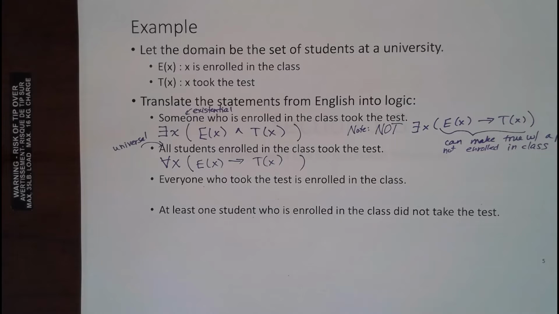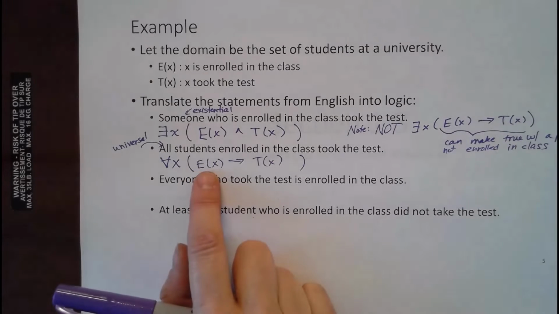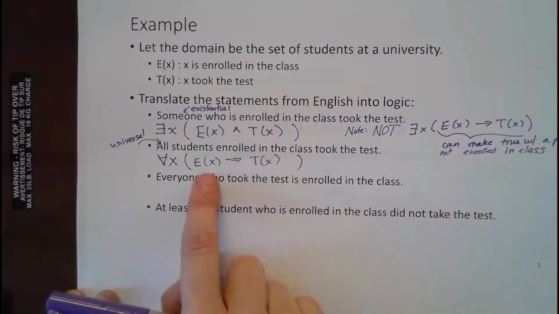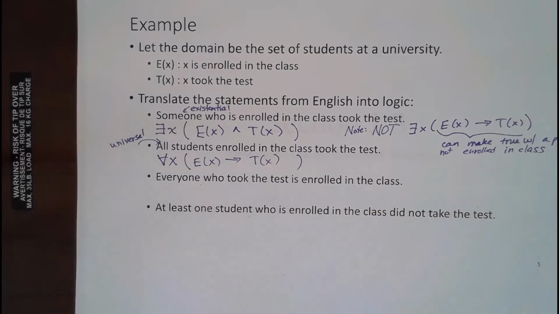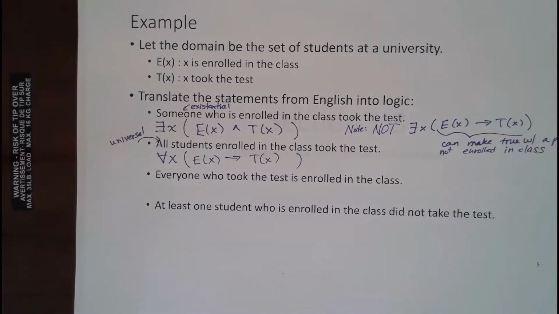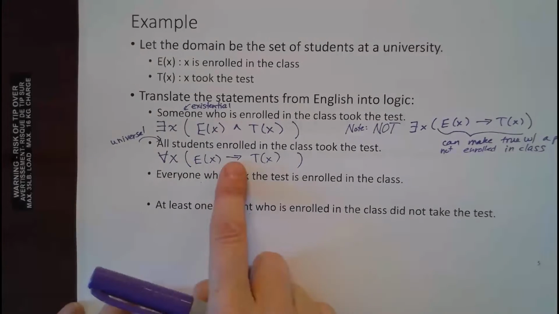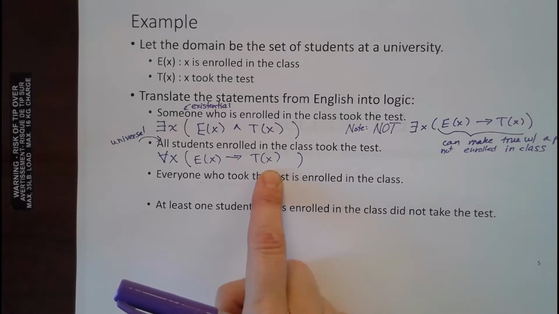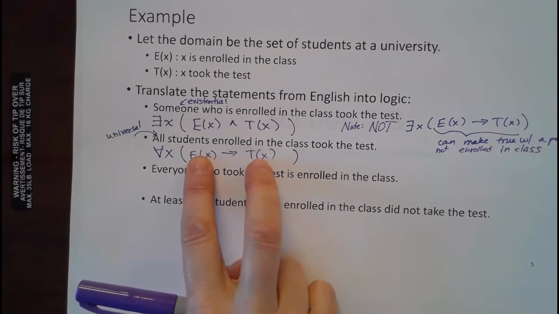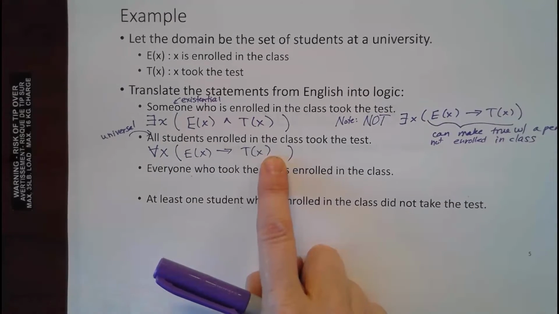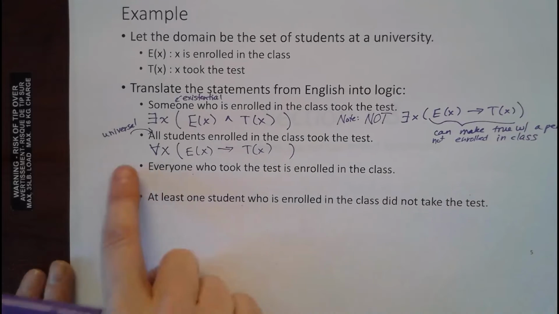Okay, so it's true for everyone in the class if they took the test at least. Okay, so if all the students took the test, this will be true, this will be true, all of them have true implies true for the people that are in the class, but then it also has to be true for everyone in the domain. It has to be true for everyone in the entire university. So all those other people that aren't enrolled in the class all have false implies, probably false, because why would they come take the test if they weren't enrolled, right? But still, false implies false is true for all of them. So this statement will evaluate to true for every single person in the university. So this one will be true.